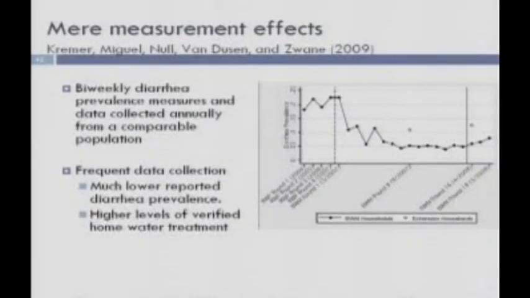So we went back and tried to do it the public health way, having not adequately taken the advice here of learning about the way people in the field do it. It turned out, I'll argue, we economists were right in this case. We had biweekly prevalence measures, and we had annual data from a comparable population. It was random which type of data collection we had. If you look at the solid line, these are the ones that had biweekly monitoring. You see that diarrhea prevalence falls a lot over time.